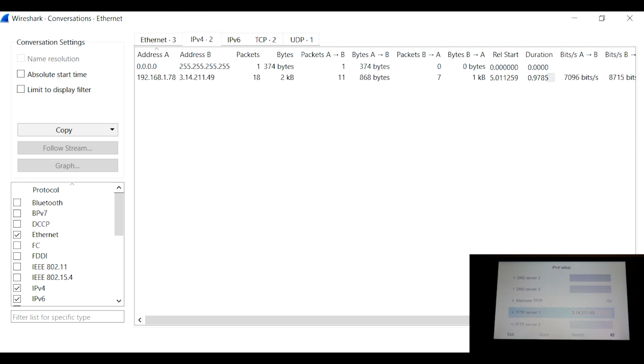Okay, so if you notice, the phone is reaching out to 3.14.211.49. And the first thing the phone will need to do is, for an enterprise phone to migrate over to MPP firmware, the enterprise firmware must be at least 14.1.1 or higher. So in this case, we know the phone is at an earlier firmware version of enterprise, so first it's going to need to bump itself up to